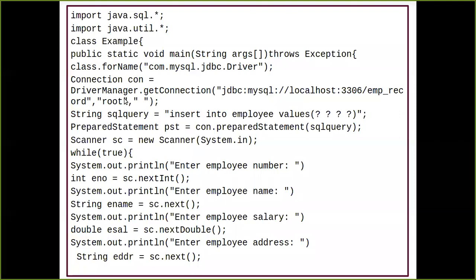Fine. And I told you, whenever we install the databases, by default the username of that database always remains root. If we change it during the installation, it is going to have the name which you give. Generally no one renames the username, but if you renamed it, please remember, and you have to give that name over here in the username place. So currently, considering that we have not changed the username, what I am writing over here is root. Okay, that is the default name. And the blank space indicates that it does not have any password for this database.